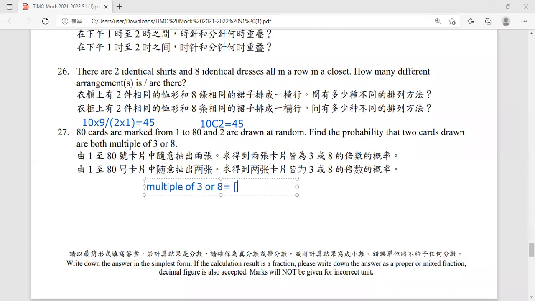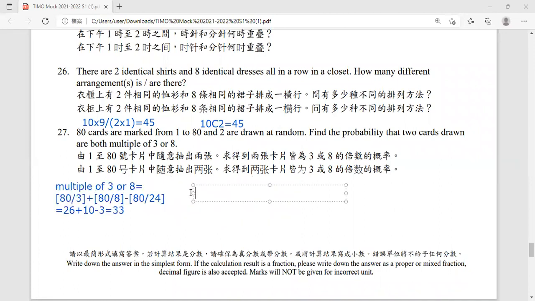Now you have to calculate the number here first, which is equal to 26 plus 10 minus 3, which is equal to 23. Now, the probability of